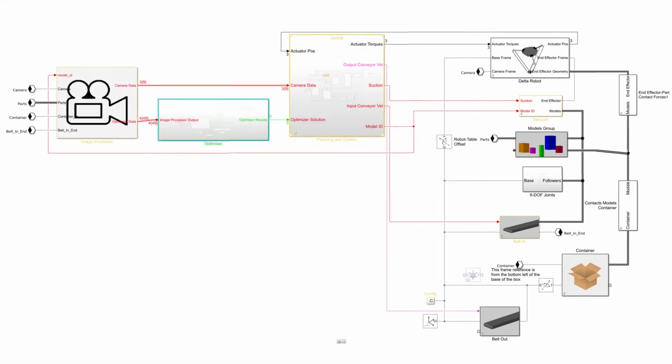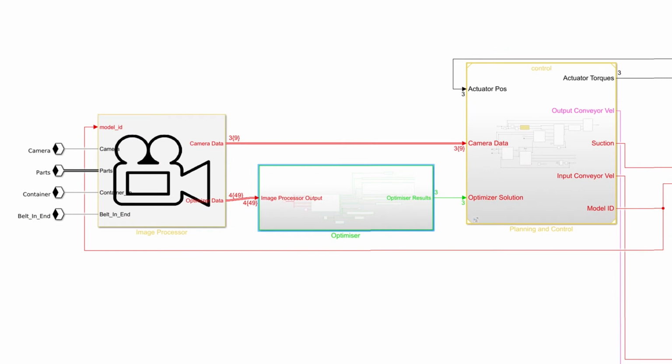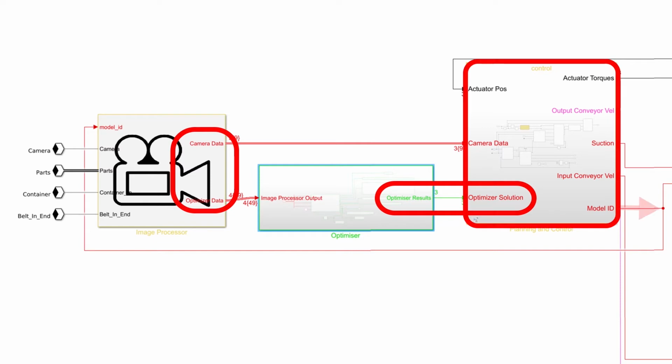We use Simulink and MATLAB to connect everything together, marshalling the positions of the objects from the image processor into a format that C++ understands, and then transforming the output of the optimizer into the reference frame that the pick-and-place robot uses. This all forms one central loop of information, from the current positions of everything to the chosen position of the object to be packed, to the state of the pick-and-place robot, and back to the index of the